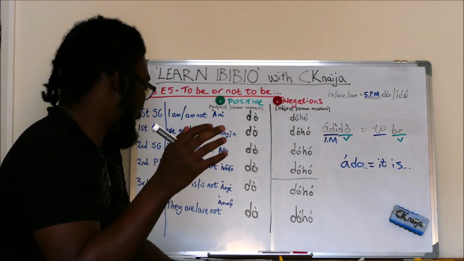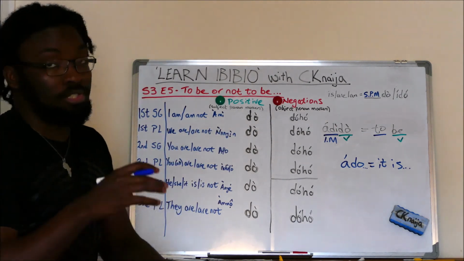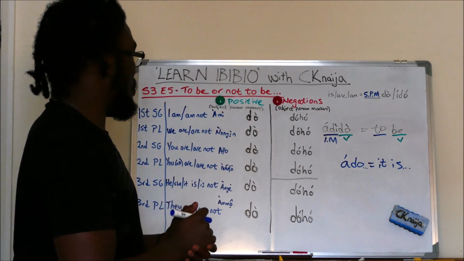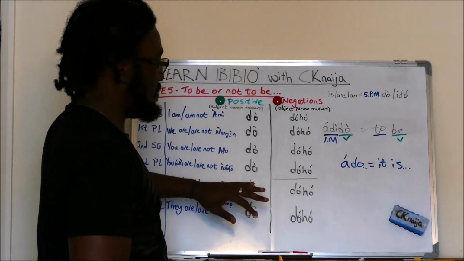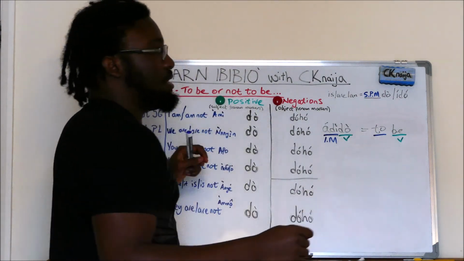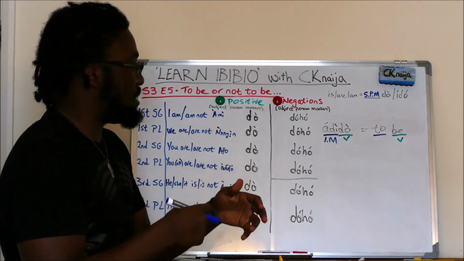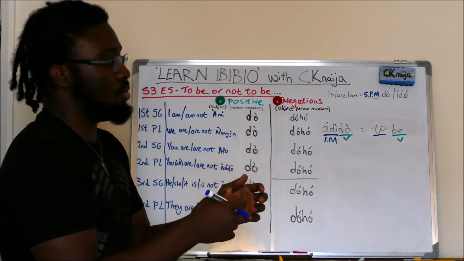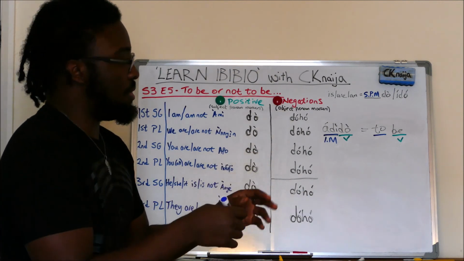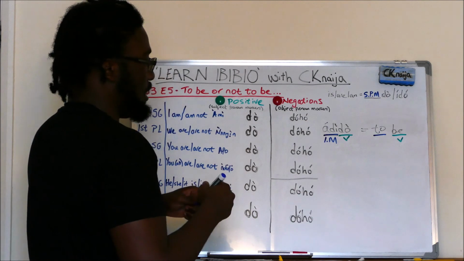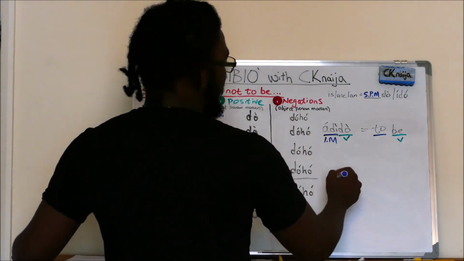In series 3 and episode 1, when we were learning about subject pronouns, what we learned was the different personal markers for the different points of view. In a lot of languages, personal pronouns also have markers or specific words that are associated with them. For example, in Spanish, for example, if you say